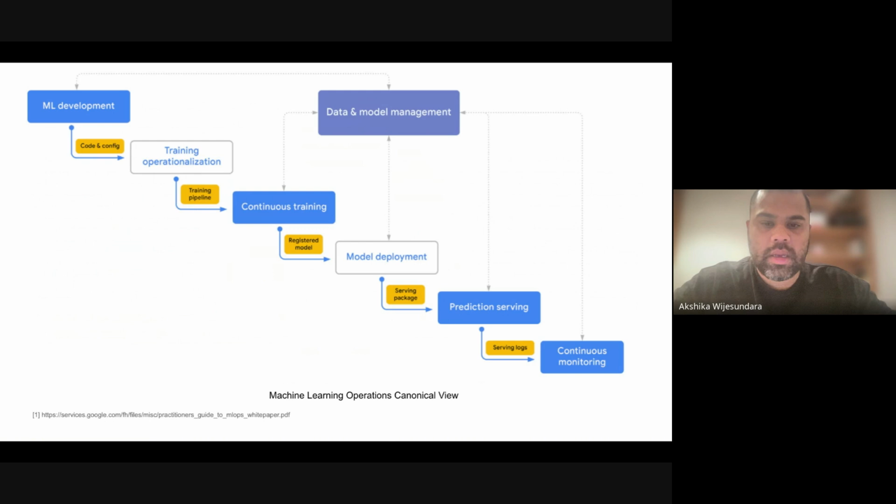So this is the same thing, but in a sort of waterfall kind of method that we can see. So you start with the model development piece, could be on a Jupyter notebook, where you copy some algorithm to train your machine learning model, and after that you create a pipeline to do the data ingestion, so data pre-processing, and to train the model, and you do the continuous training after that,